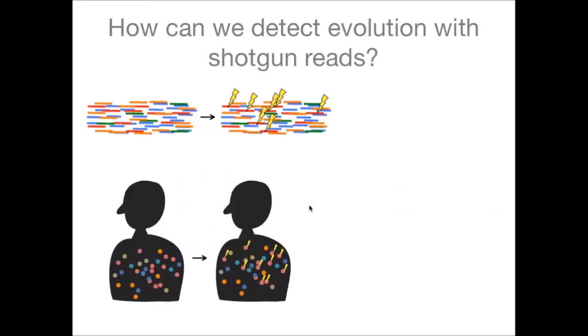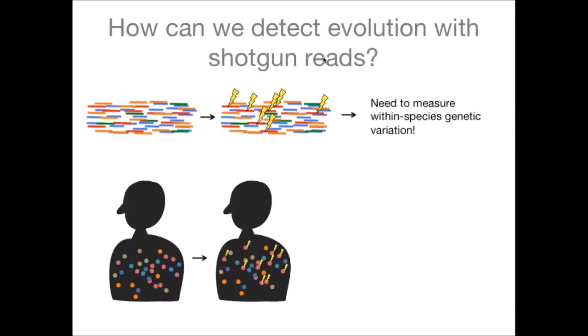And this is a really far cry, I would argue, from the nice haplotype data that we were dealing with for the Drosophila data, where we have these really, really lovely, long-spaced haplotypes, whole genome. Somehow we have to go from this jigsaw puzzle to that, or something that looks like that, to be able to make some evolutionary inferences. And ideally, to make evolutionary inferences, what we would do is look for mutations that go from low frequency to high frequency over time. And how do we do that?